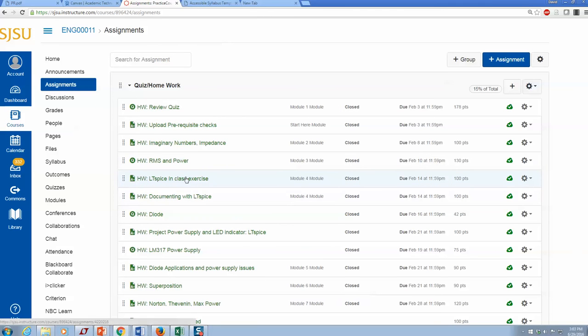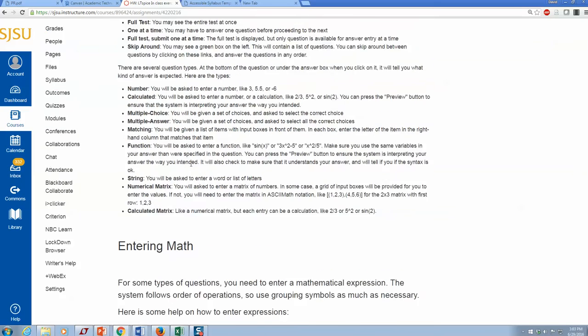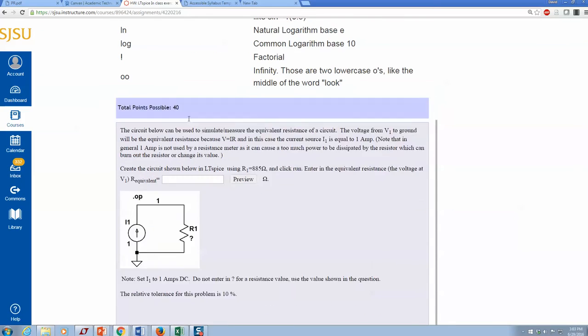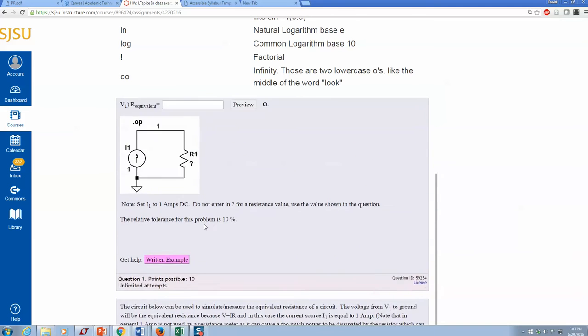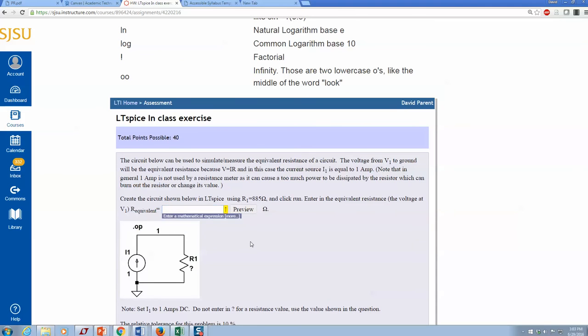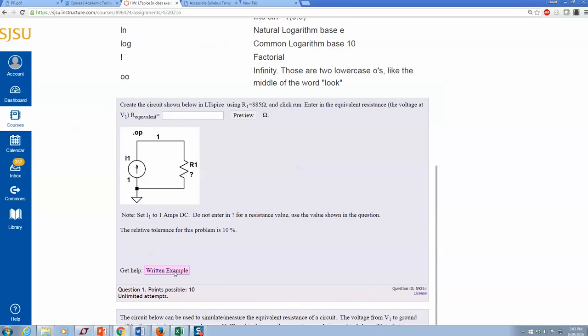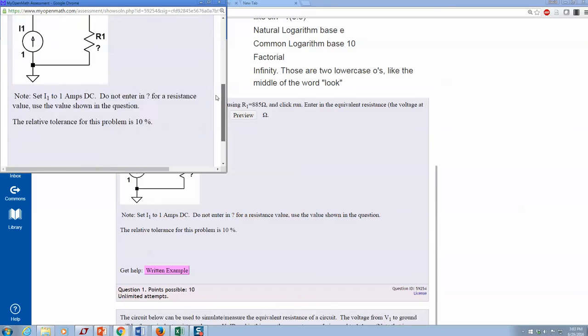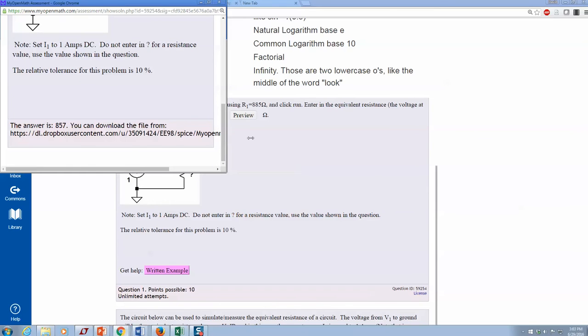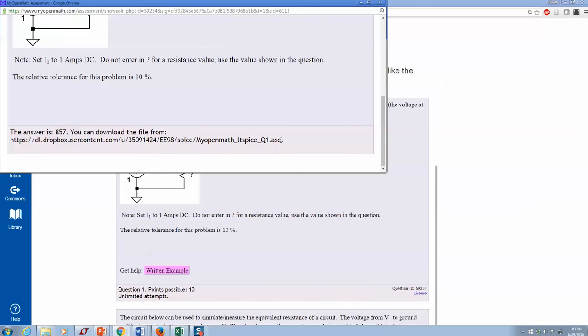Then we have some online quizzes, but we also have something with MyOpenMath. And when you click on it, you'll get something like this. And you go through, it'll ask you to do something, and you can enter in the answer. With MyOpenMath, we usually have a written example button sometimes that can give you some help. And more importantly, and you'll understand this better, a lot of times I'll have a link to a file